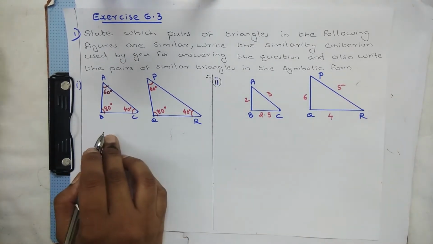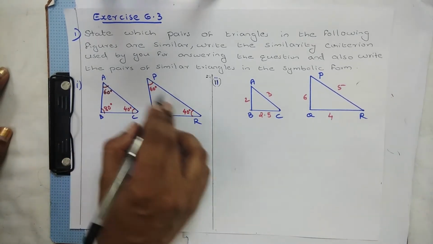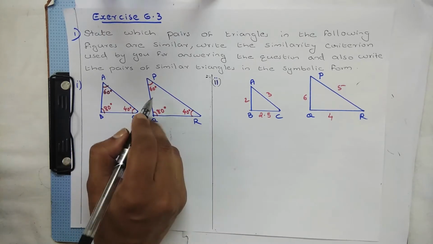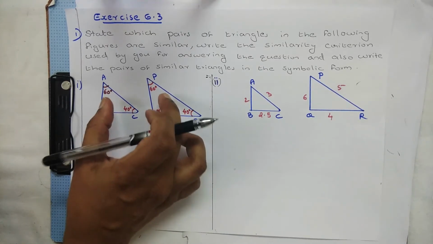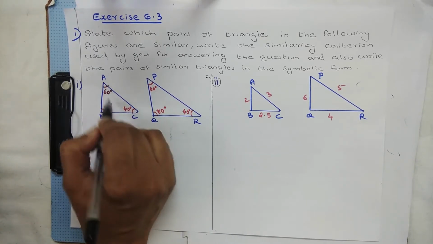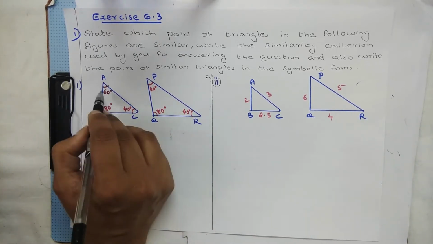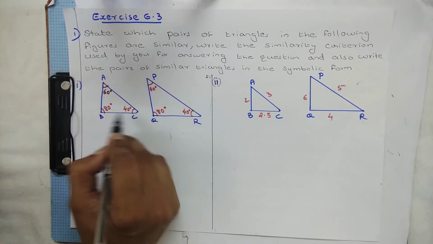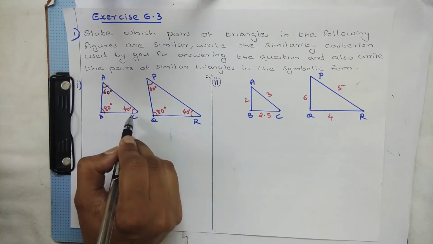So first triangle we will see. Here angles they have given, so we will check out for corresponding angles. Corresponding angles means what? Matching set of angles, right? Matching pair of angles. So here 60 degree, here 60 degree. That means in triangle ABC and PQR, A and P are matching pair. That means corresponding angles. 80 degree here. B and Q, C and R.